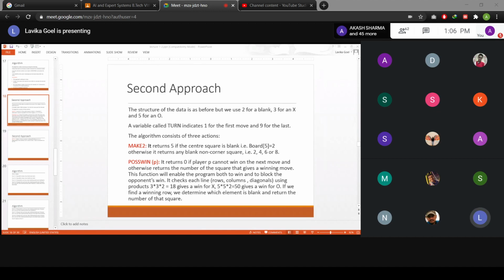And if we want to check for O, then we will check for the product as 50 because O is represented by 5. That means I want 2 O's and 1 blank, so I have to have 5 times 5 times 2, right? Because 5 is for O. So O, O and a blank for O to win in the next move.